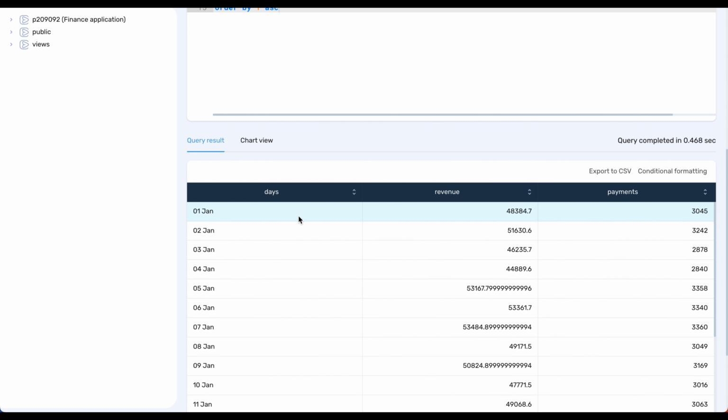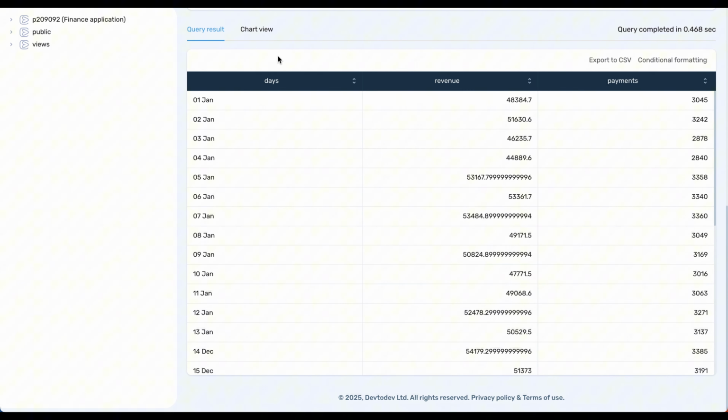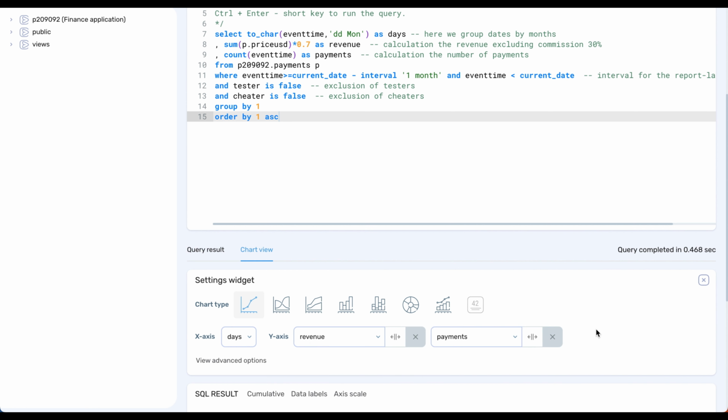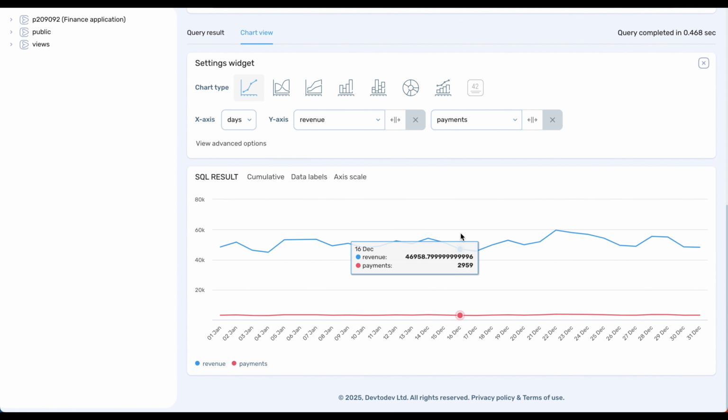If we click View Result, we will get a table with columns filled in with days, revenue and payments. However, to make it more clear and powerful, we need a visual presentation. Therefore we choose a chart type, data to be shown on the X and Y axis, and here we go. We have a clear chart that we can save on a dashboard or copy a report link, and share it